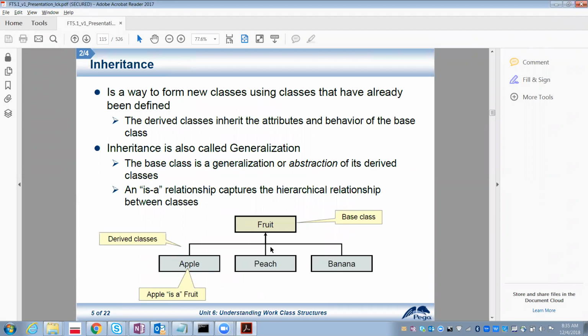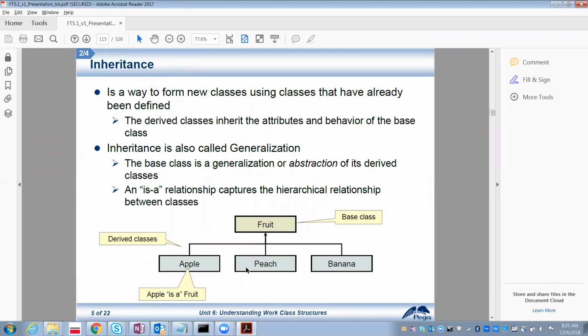If you take inheritance, inheritance is a way to form new classes using classes that have already been defined. The derived classes inherit the attributes and behavior of the base class. In case you take fruit, apple, peach, banana, the fruit will act as a base class and they are the derived classes.